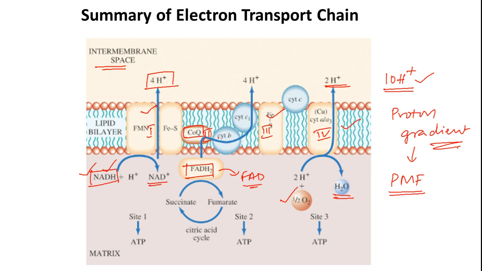Okay, so now let's see how the electron transfer from complex to complex is possible, and let's have a brief idea on the various cofactors or coenzymes that participate in the electron transport chain, and then let's see the basics of chemiosmotic theory and then oxidative phosphorylation. Okay, so let's move ahead.